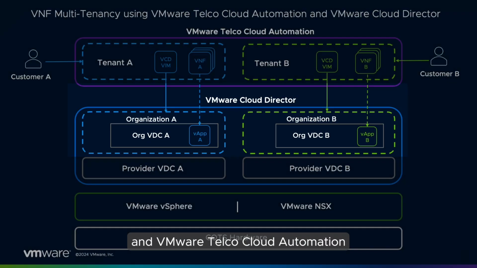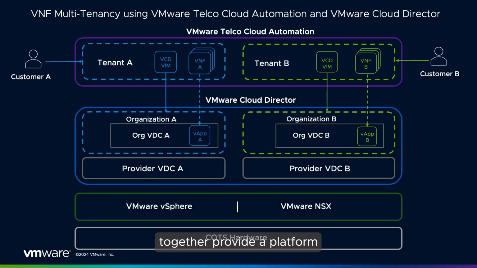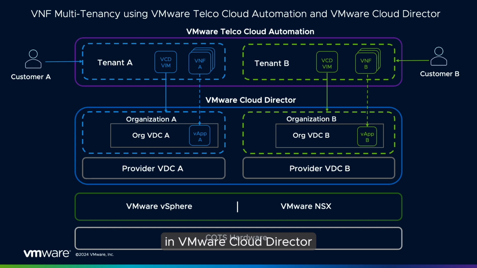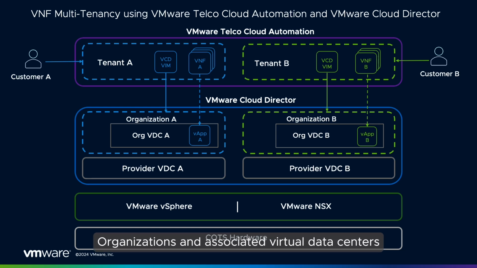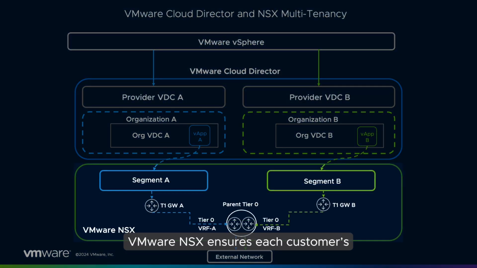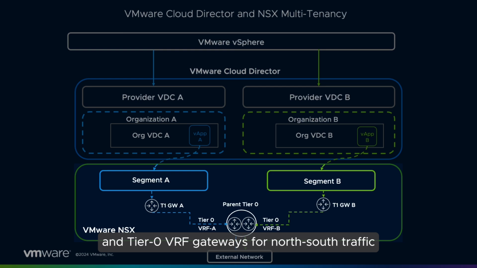VMware Cloud Director and VMware Telco Cloud Automation together provide a platform for managing the lifecycle of VNFs. Each customer's tenant in VMware Telco Cloud Automation is associated to an organization in VMware Cloud Director. Organizations and associated virtual data centers provide logical constructs, allowing CSPs to isolate physical resources for individual customers. VMware NSX ensures each customer's traffic remains isolated, using Tier 1 gateways for east-west traffic and Tier 0 VRF gateways